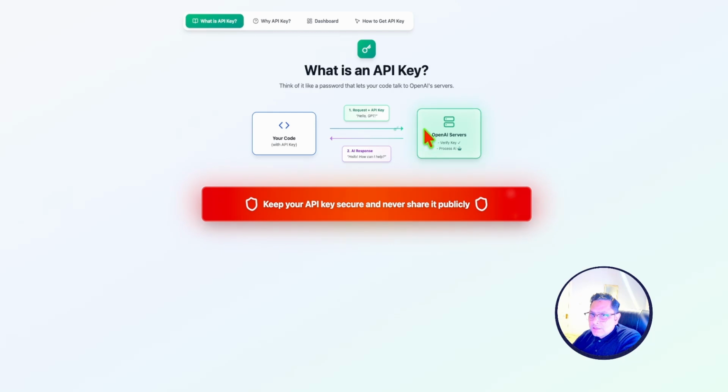Then the AI generated response is sent by the OpenAI server to the code. Like, hello, how can I help you? The API key is the bridge that makes this entire communication possible. And remember, always keep your API key secure and never share it publicly.